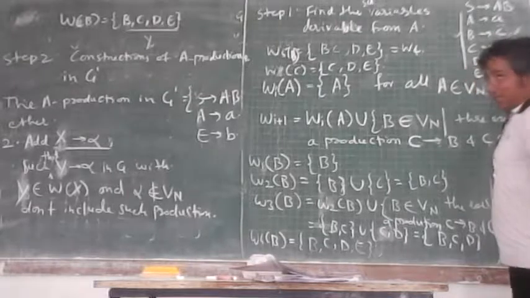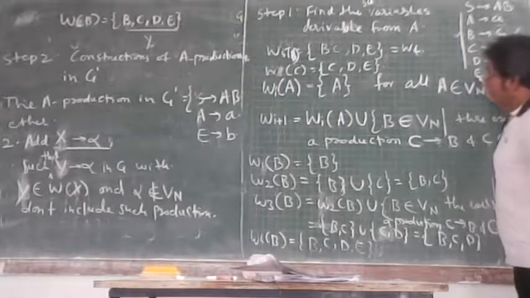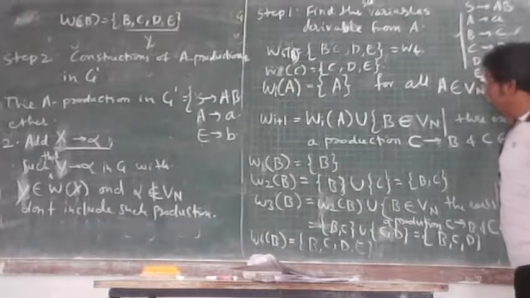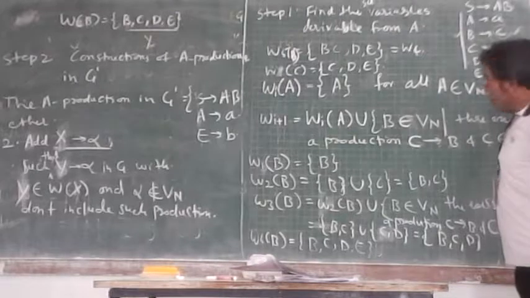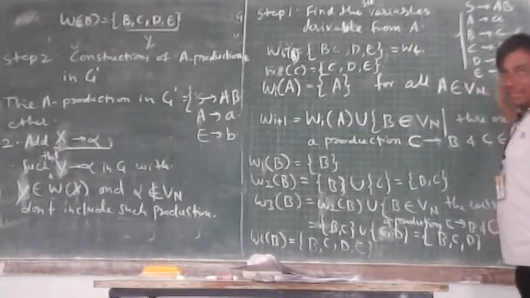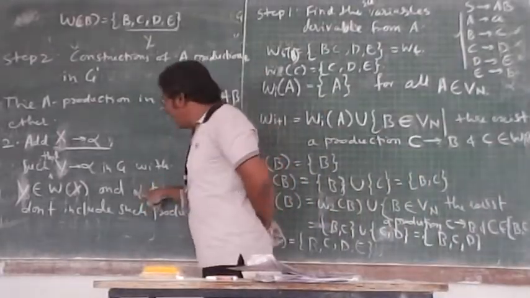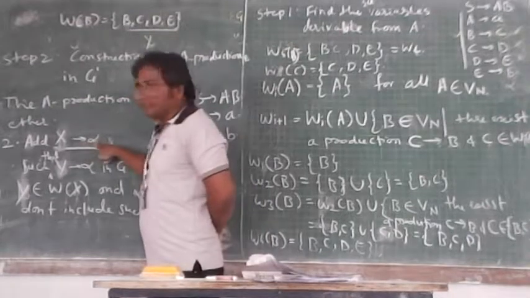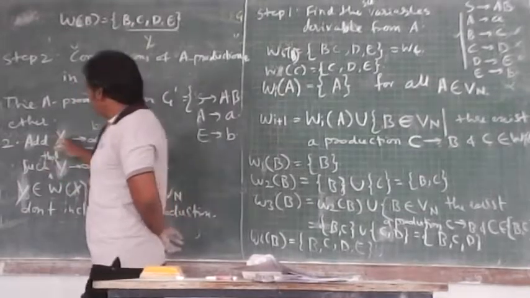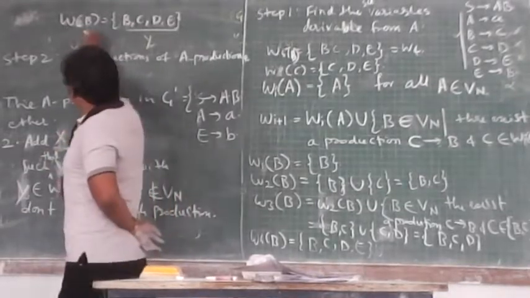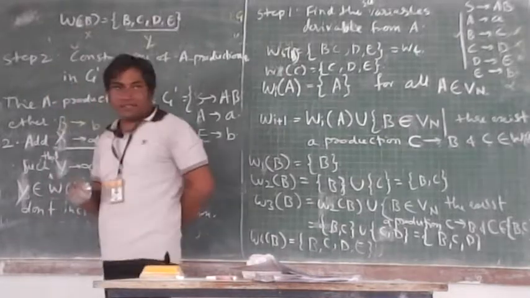D, I see, what it is right hand side? D, I don't include this also. Next is y value is E. E is deriving b which is not from the set of Bn. That b, that is alpha in my case. क्या हो गया वो? Alpha हो गया. That alpha I will put into here. That alpha becomes what? B. What is x? We were looking for. X was B. So I got B implies B, this kind of production.